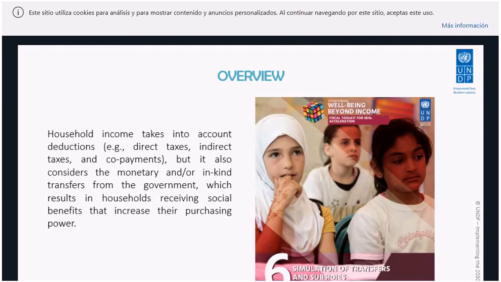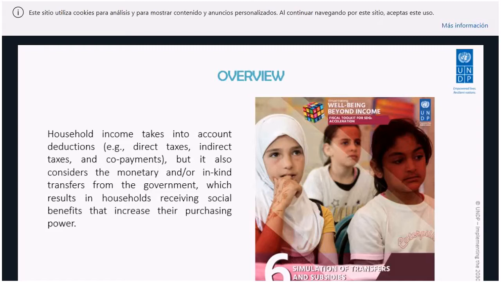I mean, if we compare the amounts, of course, the people located at the top of the distribution pay a lot more. But as a proportion of their income, the poor individuals are paying a lot. So even though they receive a transfer that has the potential to increase their income, it is dramatically reduced by the tax system. So that is why it is important to take into account the two sides, right?